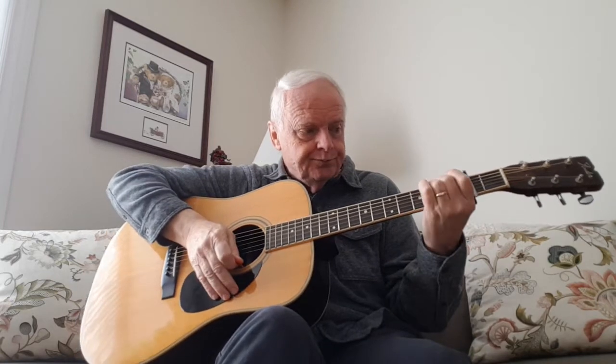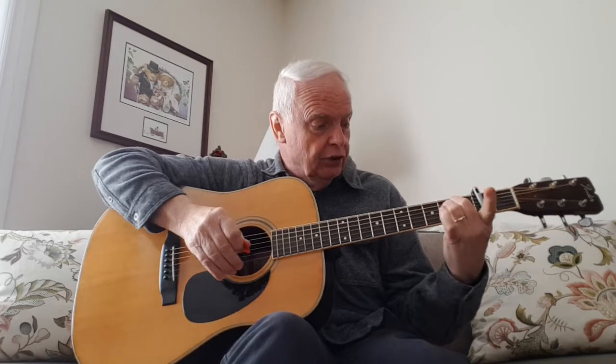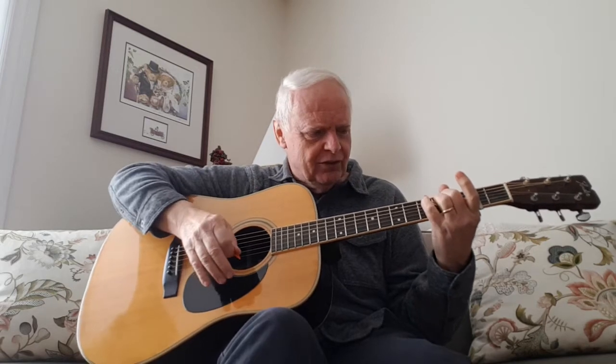So to start off with, we start with an E minor chord. Two fingers up here is all it takes for an E minor chord. Nice sounding chord. I love the sound of that chord. Now the opening on it,